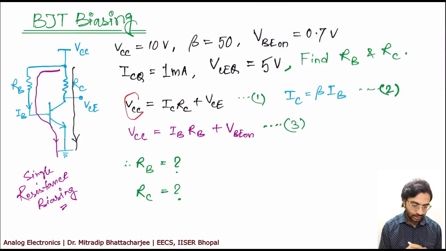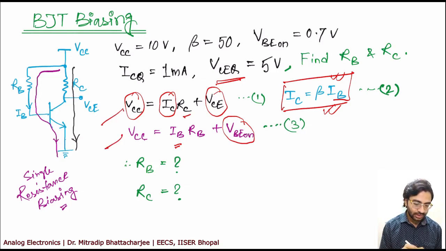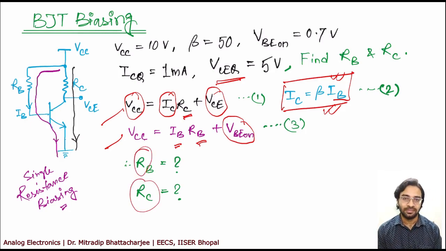So you have VCC, you have VBE on, you have VCE, because VCE in this case is VCEQ, you have IC. Now you need to find IB. Now there is a relation IC equal to beta IB. Now if you use this equation, you will also find what is the value of IB. So you have two equations, you have two unknowns, RC and RB. So you can easily find out what is the value of RC and RB. So you can do it at home. It's not a very difficult numerical. So similar numericals you can expect in different competitive examinations or in the examination of this course as well.